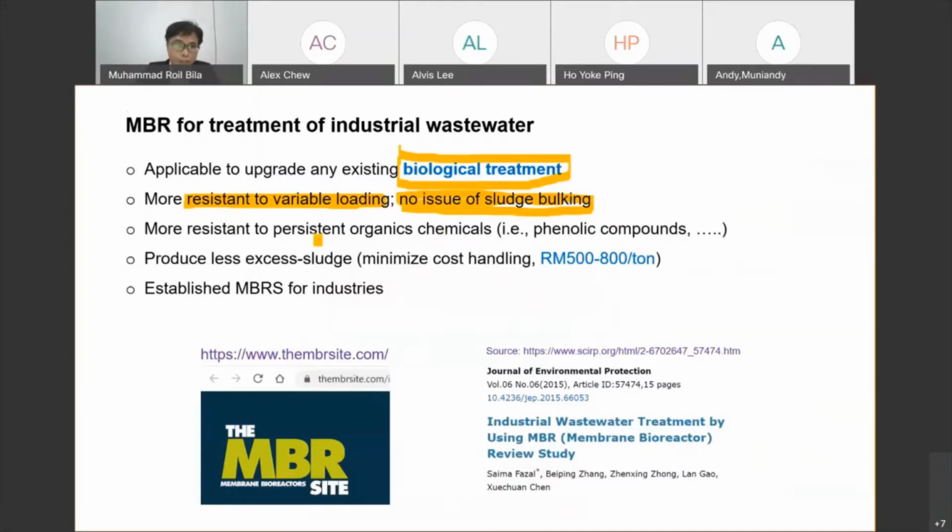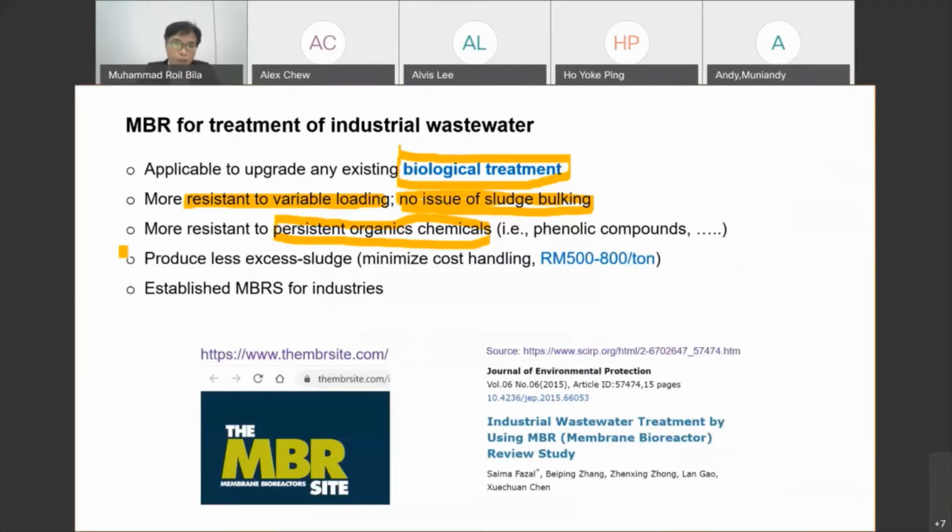Another thing is that it is more resistant to persistent organic chemicals. This is especially true for pharmaceutical wastewater and phenolic compounds. In pharmaceuticals, you have solvent next to the wastewater. We have a term called biorefractory, so basically some of the chemicals are hard to treat. You can imagine that a drug means you need to poison the microbe in your body, for example antibiotics. So when you have an excessive amount of antibiotics in your wastewater,